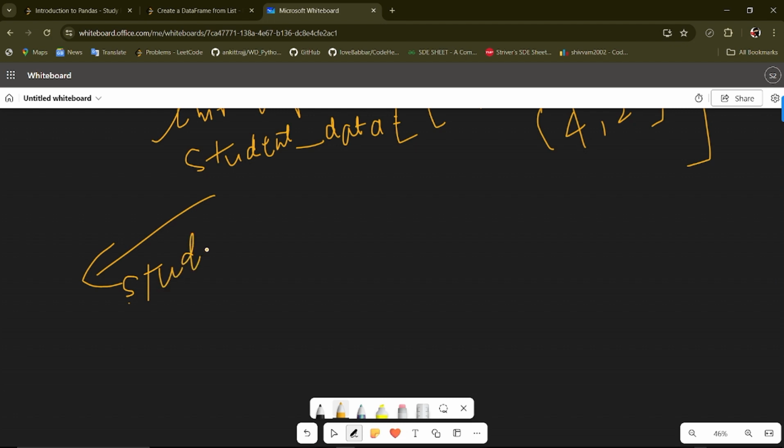Here we have initialized a list that contains student ID and age. We have called it student data information.